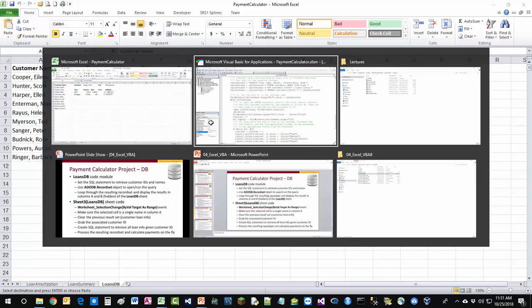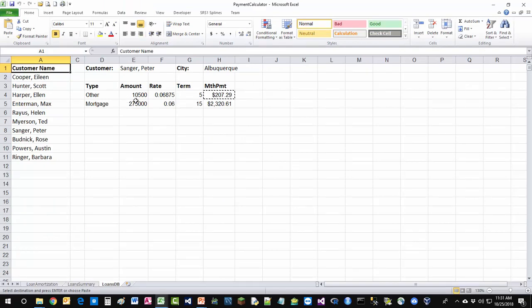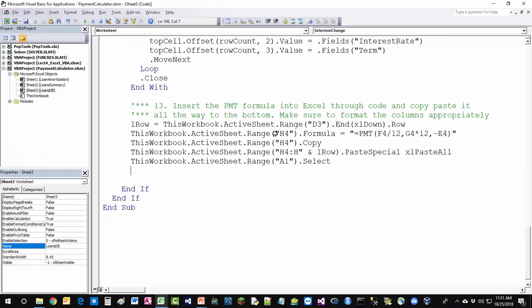And then finally, I need to format all these cells properly, and then I'm actually finally done. So what I need to do is format column E as currency and column F as percentage, because those are the two that are consistently getting screwed up. This one's fine. So the way that works is, again, I'm going to come up with this kind of construct, right? It grabs essentially the column. Instead of H, I need E,